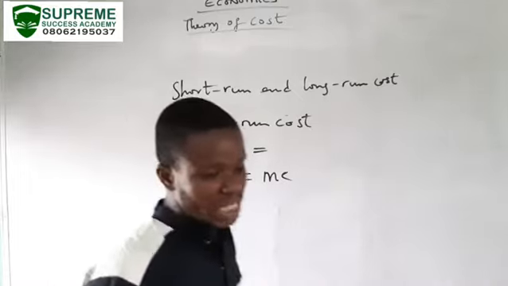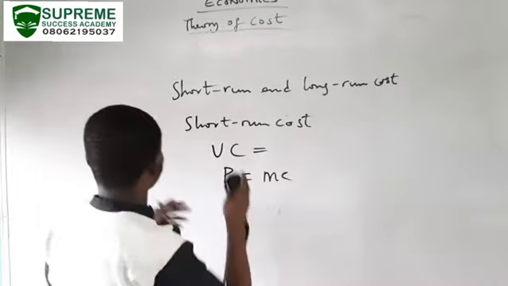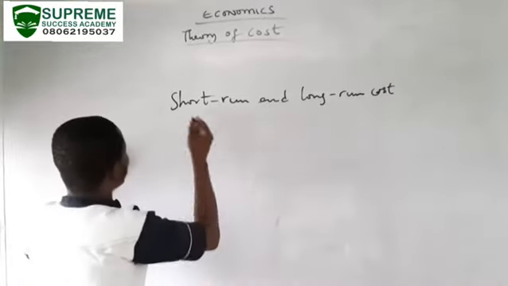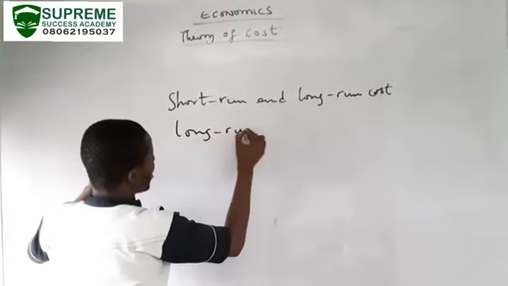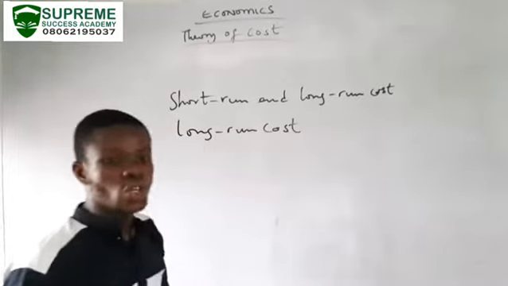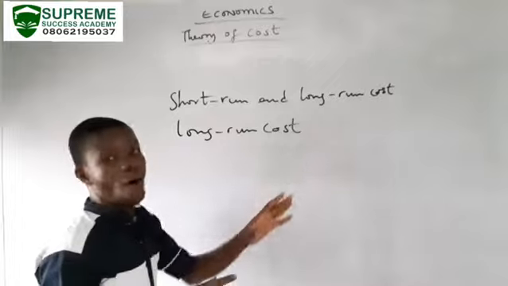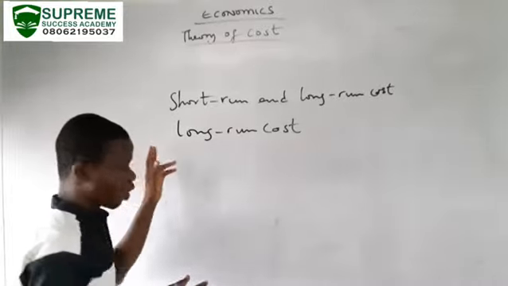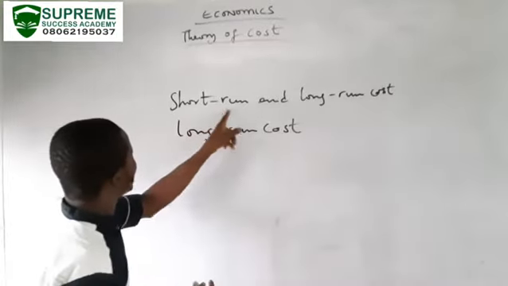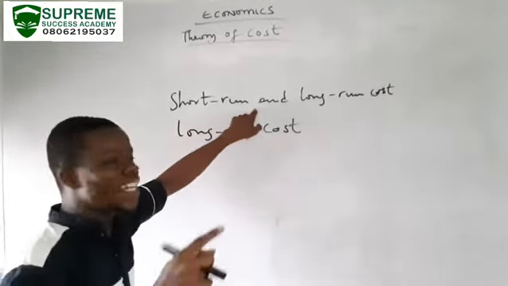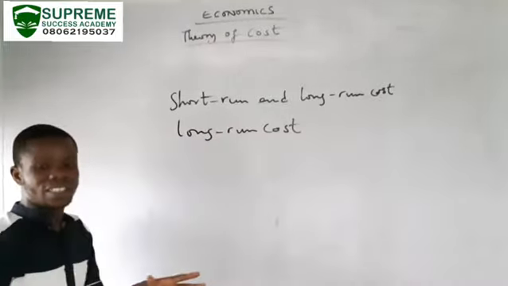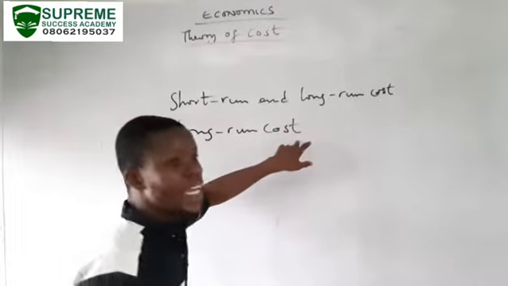So the second one is the long run. The long run cost is a period in which the production inputs are all variable. But take note of this. It is important to know that the short run is a period in which firms make decisions on their existing production capacity. Meanwhile, in the long run, the entrepreneur